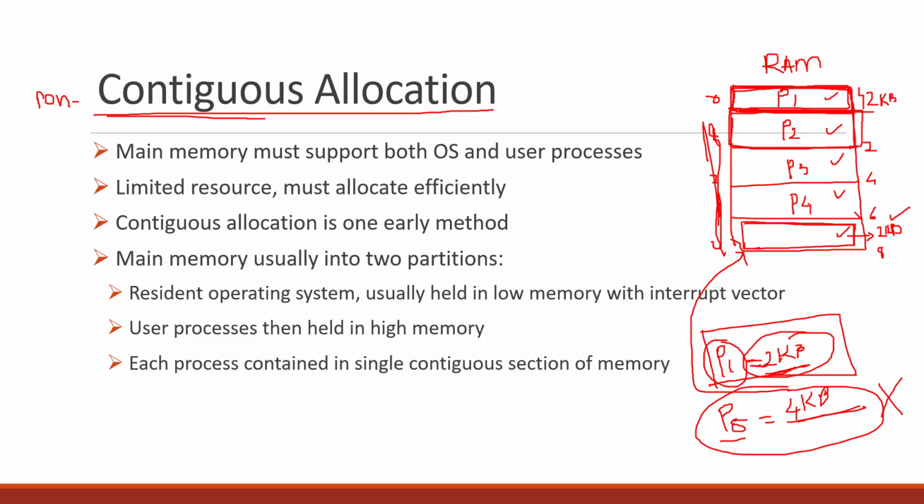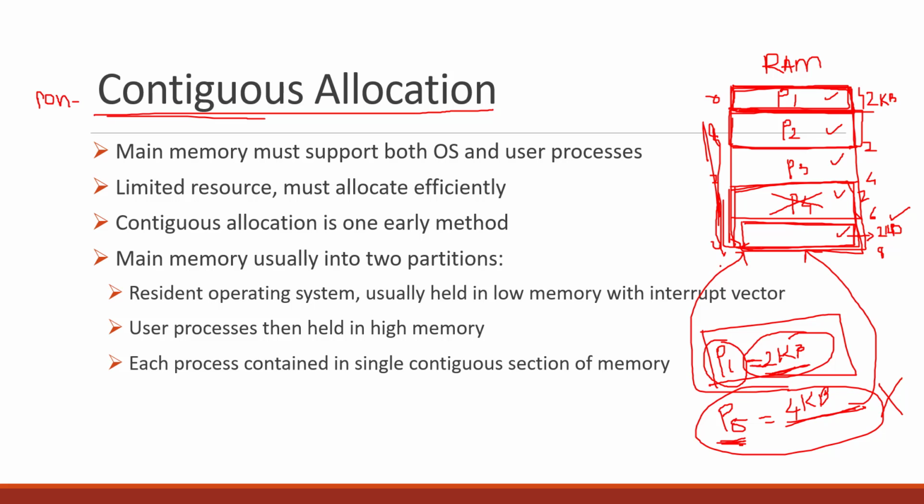We have to wait for another process to complete so that we have 2 plus 2, 4 KB of space, and then we can place P5 over here. But don't worry about placing these processes for now. I just wanted to tell you what the contiguous locations are, right? So contiguous location means that the size of the process has to fit within the available contiguous space in the RAM, only then it can work, right? Now these two spaces are free, so we can place P5 over here, 2 KB here, 2